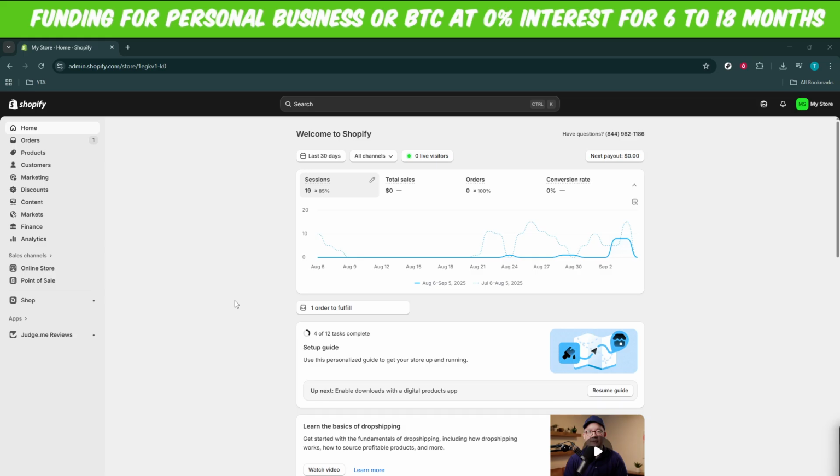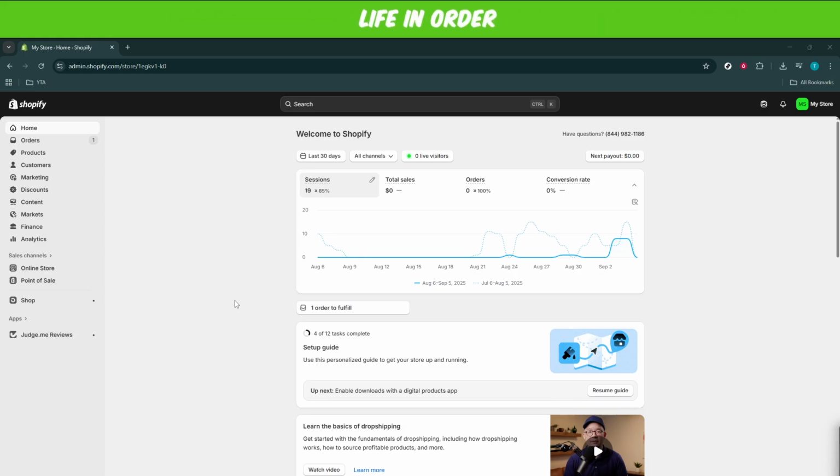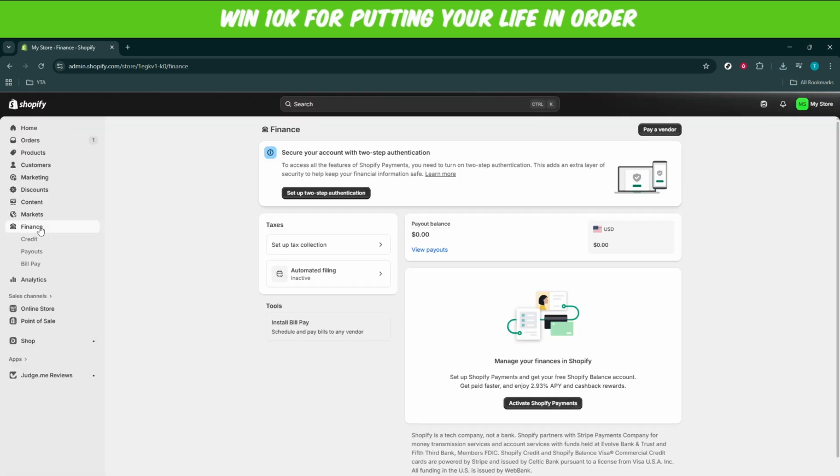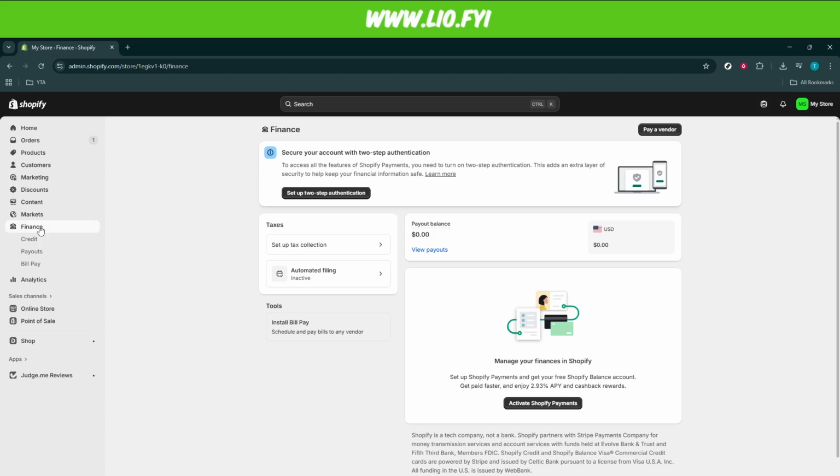Once you're in the dashboard, it's time to navigate to the Finance section. You can find this by looking at your admin panel on the left-hand side. The Finance section is a crucial part of your store's management. It not only gives you an overview of your financial status, but also helps you manage all your monetary transactions effectively. Here you can review financial reports, track your spending, and better understand your profit margins, ensuring your business remains